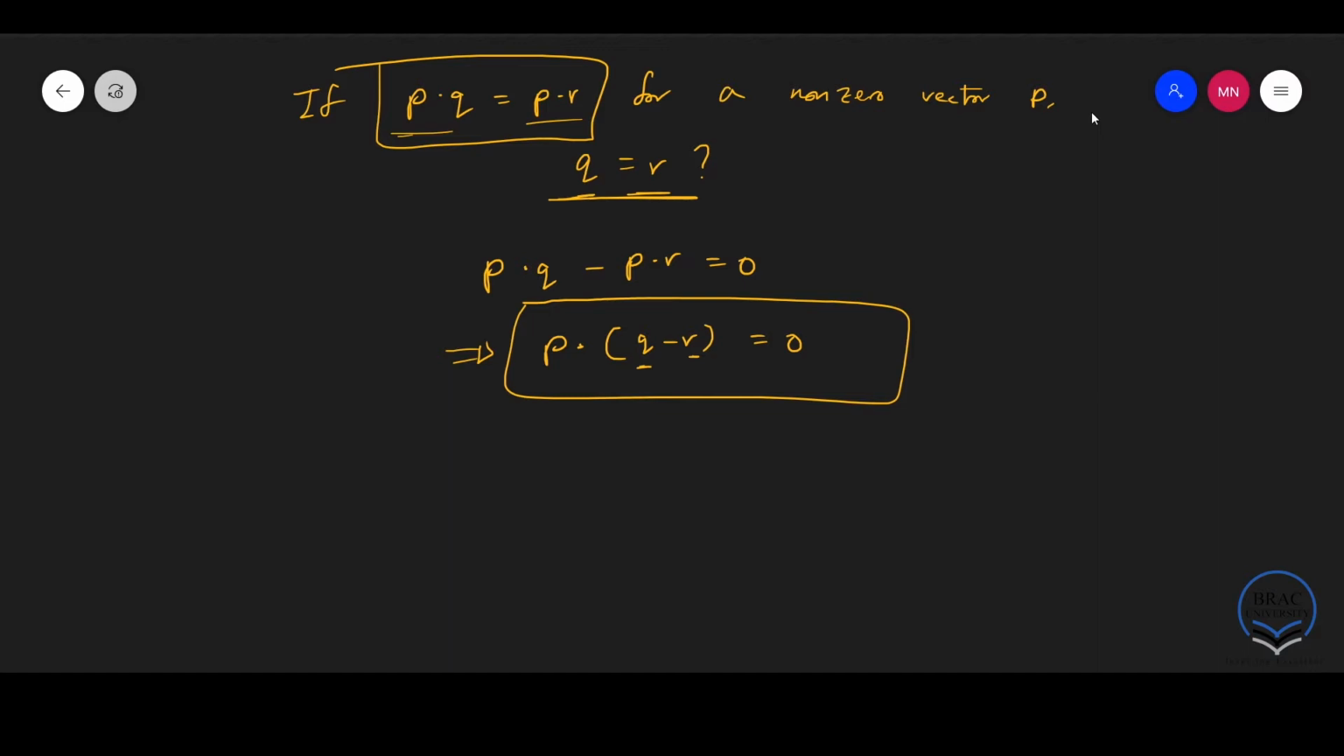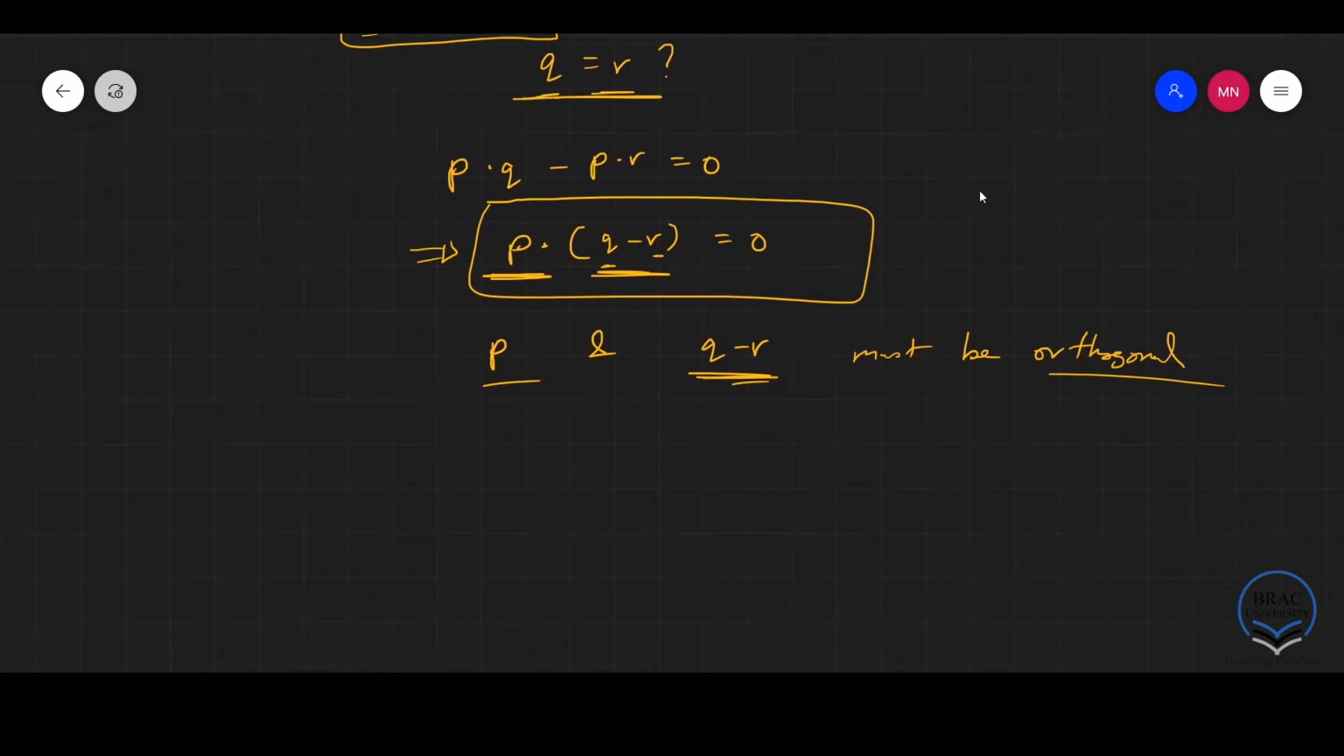Well, not necessarily. The most we can say from this is that the vector P and the vector Q minus R, right? So these two vectors must be orthogonal, meaning they are perpendicular to each other, since the dot product of these two vectors is equal to 0, right? We cannot really say that Q is equal to R just yet,